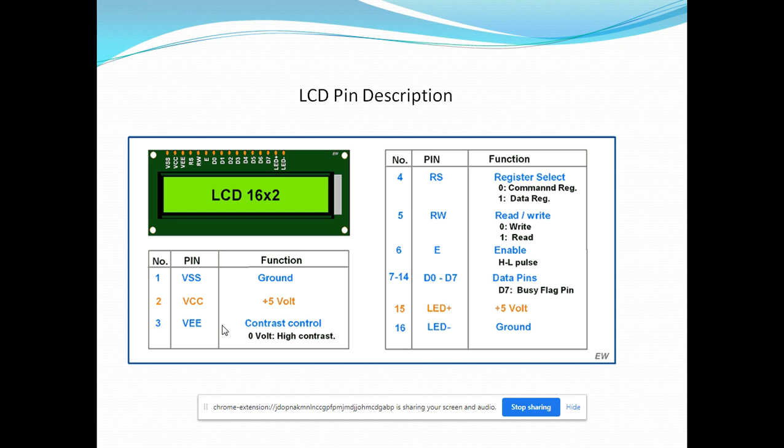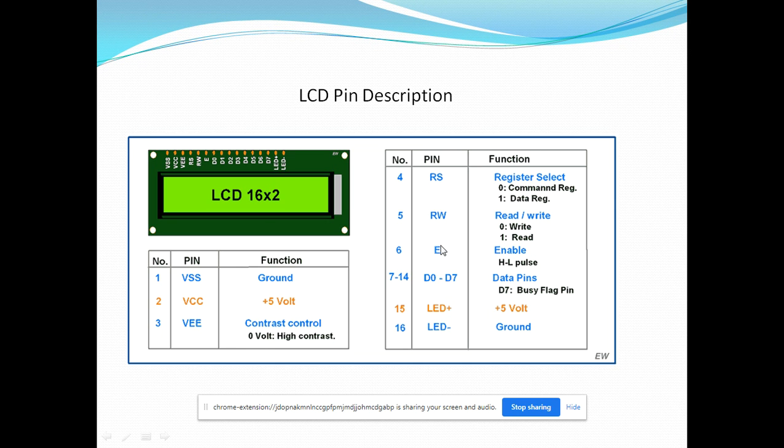This potentiometer should be connected in such a way that the first terminal will be connected to VCC, the second terminal will be connected to ground, and the third, which is the variable one, should be connected to this VE pin, so that we can change the potentiometer resistance value to control the contrast of the LCD.